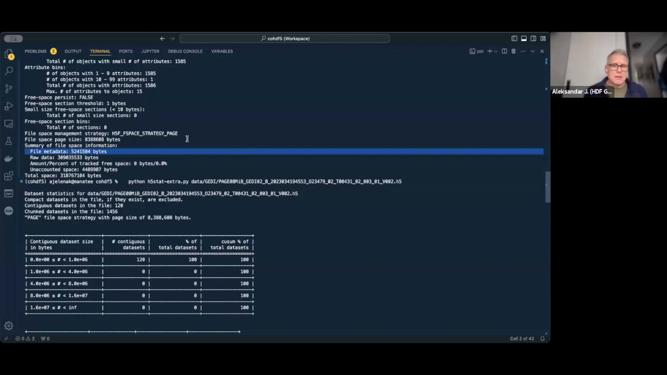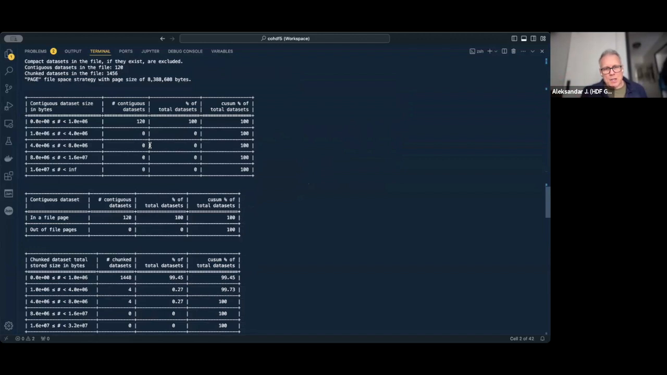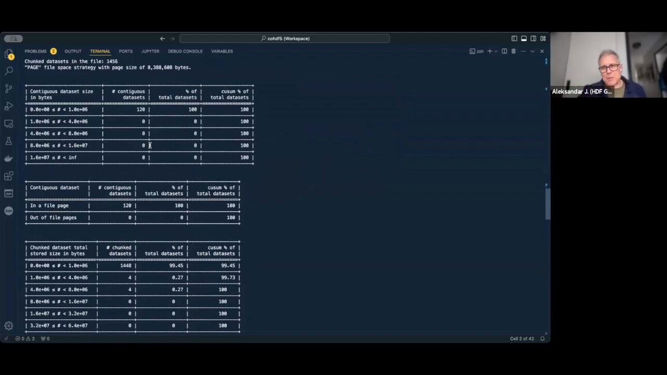So really, the best moment to produce large data set chunks is when the file is going to be created. So in this case, what I'm using is the original file, and all the internal file metadata is collected into a single or couple of file pages. And now here we can see what kind of situation we have with data sets, a bit more specific data